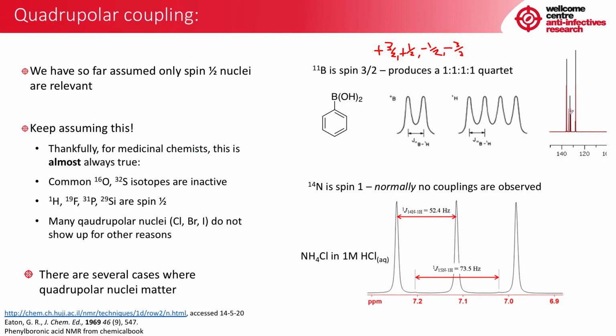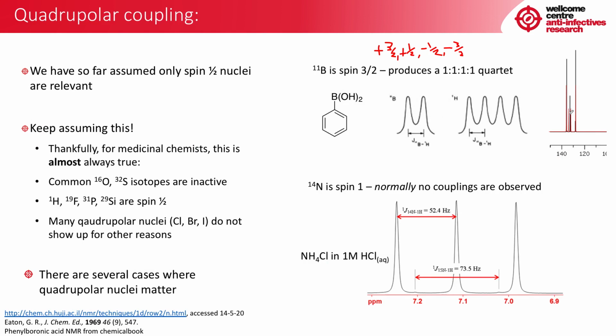Okay, so the last example, nitrogen-14, which is very high abundance, and obviously nitrogen's a nucleus we use a lot, is actually spin 1. However, it is not normally visible. Normally we can't see any couplings from it. However, in the case of ammonium salts, it is occasionally possible to see this